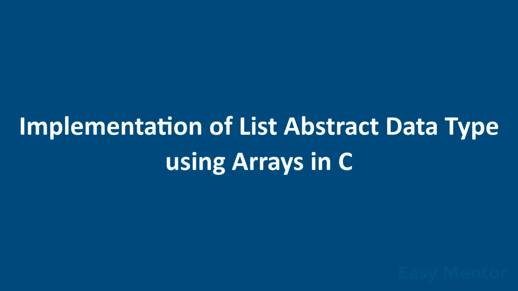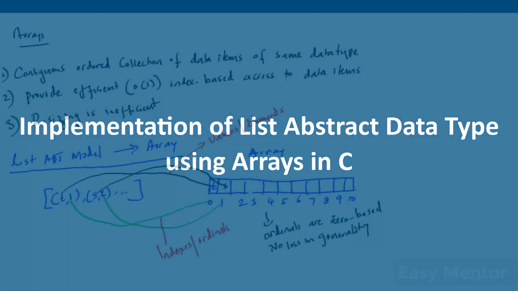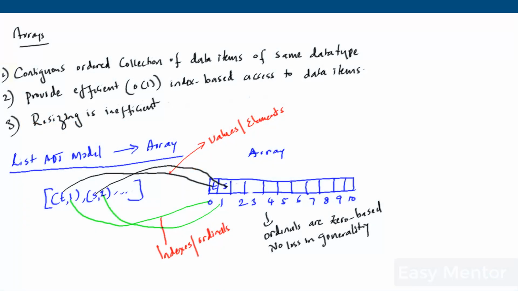Hi, today let's talk about how we're going to implement the list abstract data type using arrays in C. As we had already discussed, arrays are contiguous collections of data items that belong to the same type. Arrays are very useful because they offer very fast index-based access to the elements they contain. Arrays have a disadvantage of not being dynamic, so once the size of an array has been defined either at